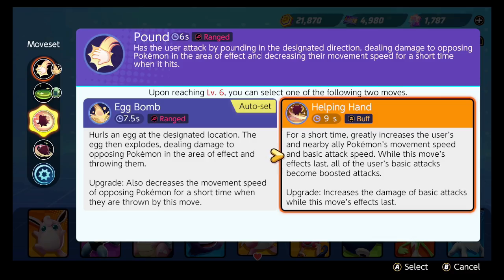This move right here. Also, while this move's effect lasts, all the user's basic attacks become boosted attacks, which is nice. And then the upgrade to this is even better. It increases the damage of basic attacks while this move's effect lasts. So not only does it increase movement speed and attack speed, it will also increase attack damage. So any basic attack setup, basically...